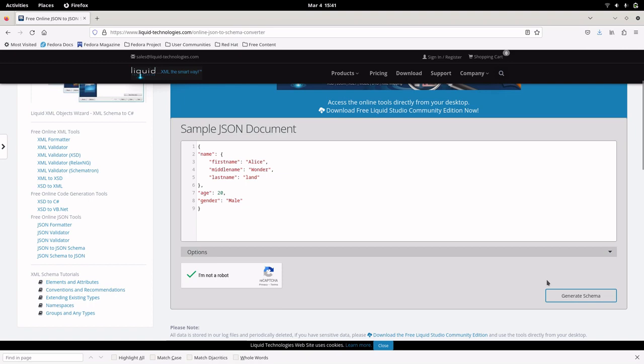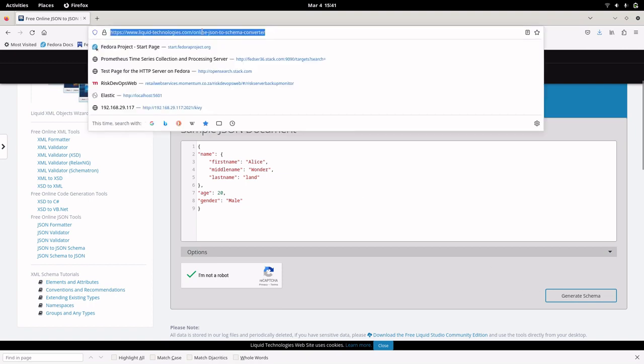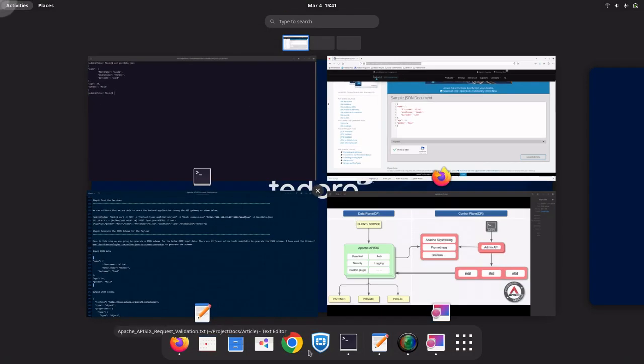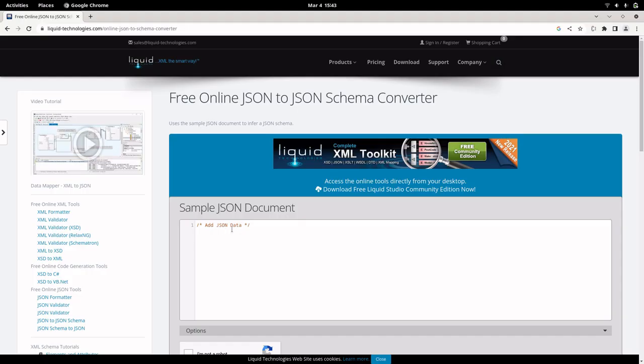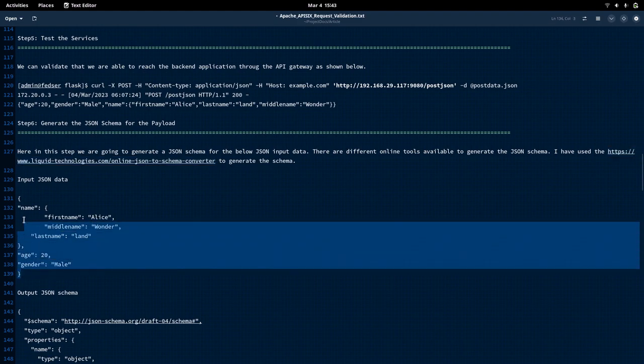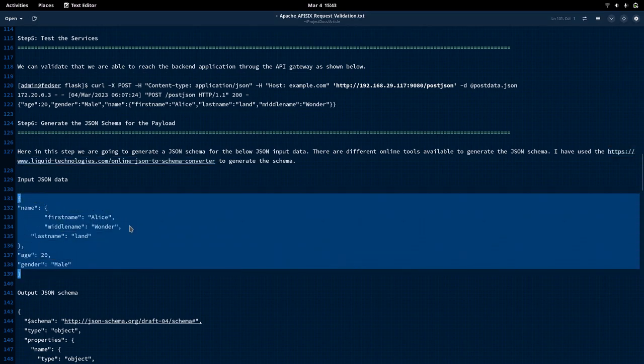It seems like Firefox is not working for me. Let me open this one in Chrome. Okay, so I have opened this online JSON schema generator in Google Chrome, and let me paste this JSON data